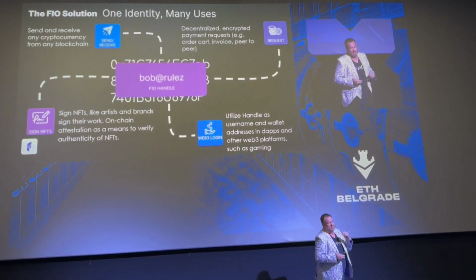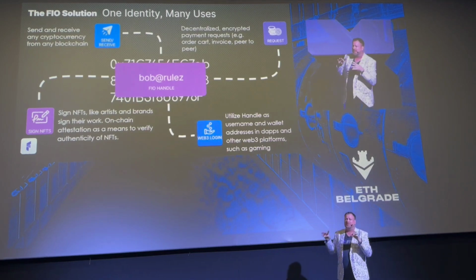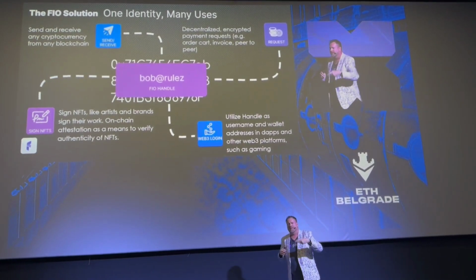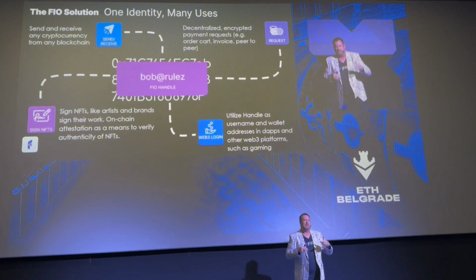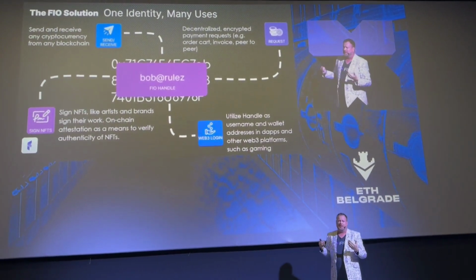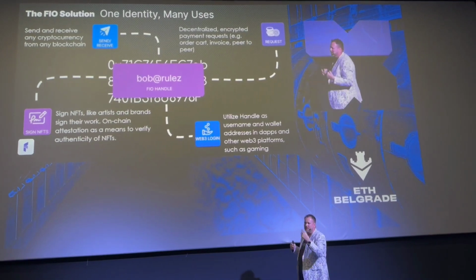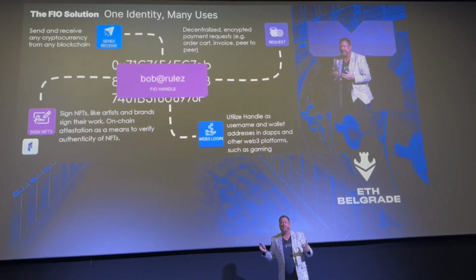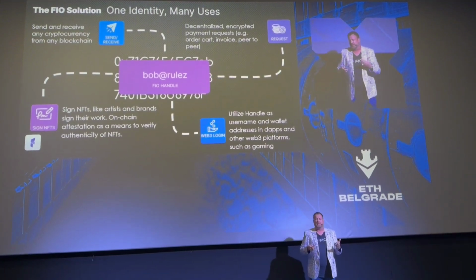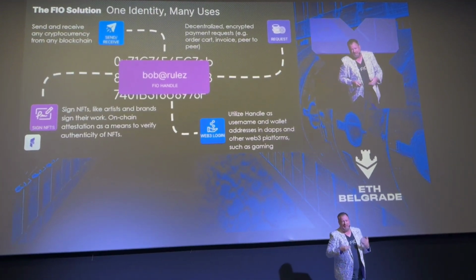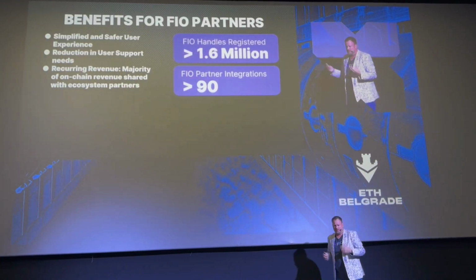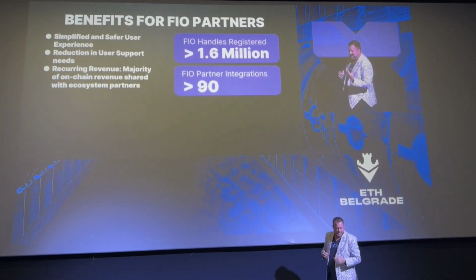They want to play. They go to create what very much looks like a Web2 login. They create an account. In the background, they're getting a wallet that's powered by a company we partner with called MetaKeep. And then they're getting a handle, so all their wallet addresses are masked from the beginning. So when I'm playing in the game and I go to send you an in-game asset, I never see that long public address. I just see your handle and I send it to you. If I type it wrong, it won't let me send it. If I type it right, it'll let me send it. And it stops all those user errors from losing funds, losing assets.